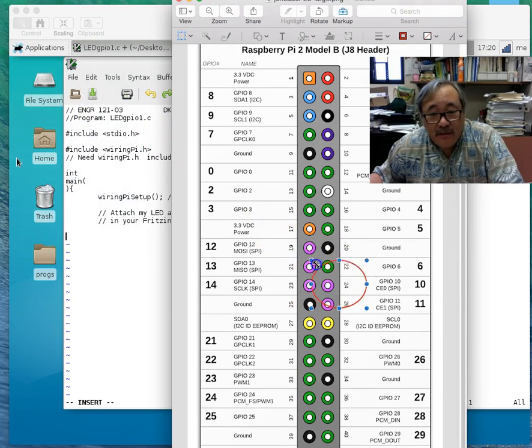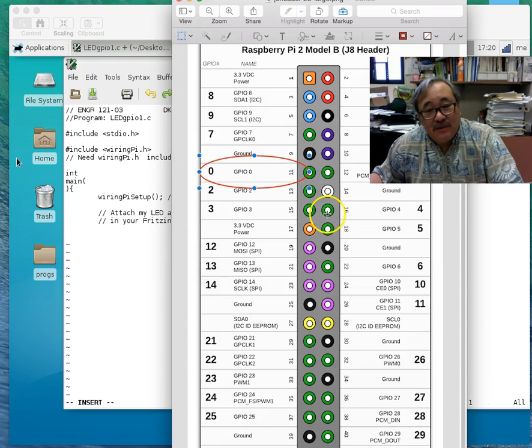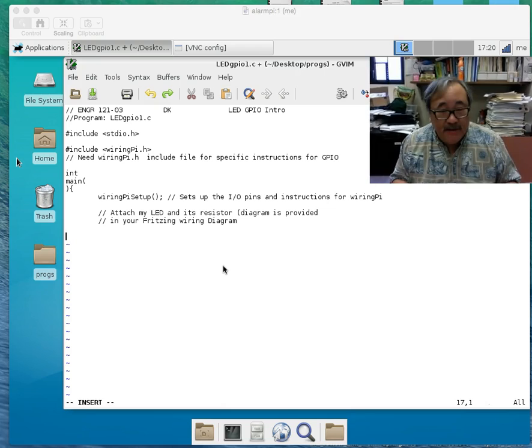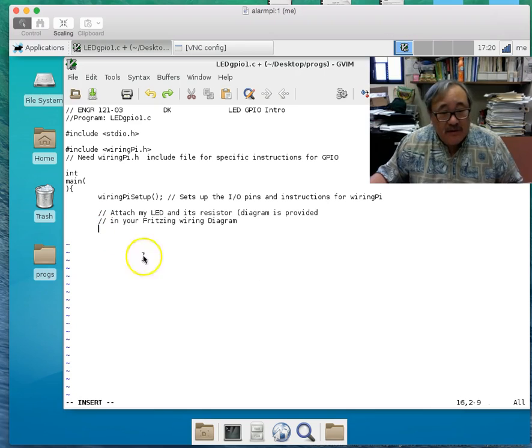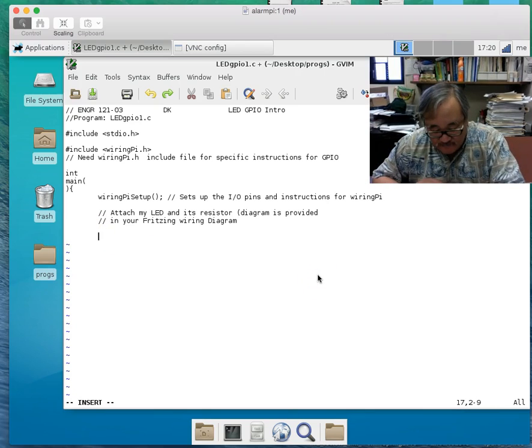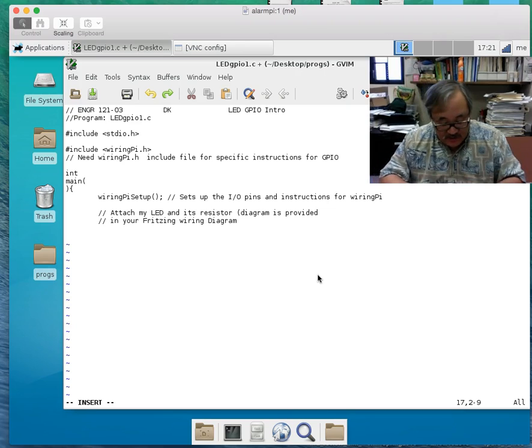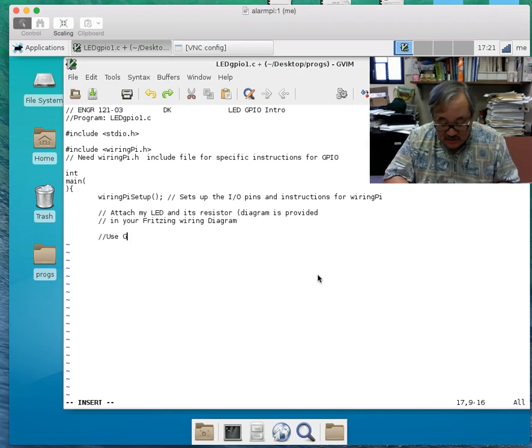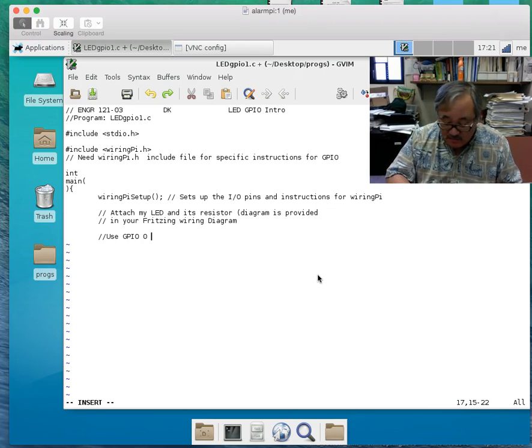Oval, kind of a big oval, but all right. GPIO 0, there we go. Pin number 11, okay? So that's what I'm going to use. So we'll go ahead and take this back. The first thing I'm going to have to do is set it up, okay? So what I'm going to do is make a comment that says use GPIO 0 pin 11